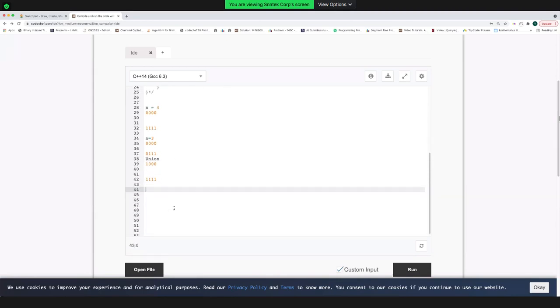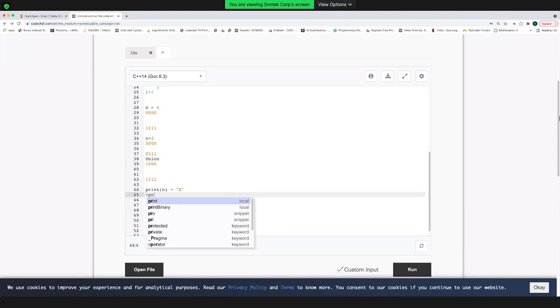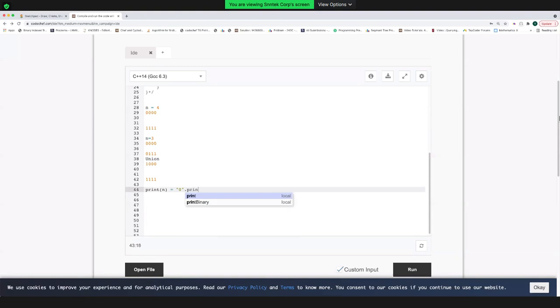So what I'm saying is, if I want to print for n, can I write it this way? It can be: take 0 and print all the binary representations of n minus 1, and take 1 and print all the binary representations of n minus 1.